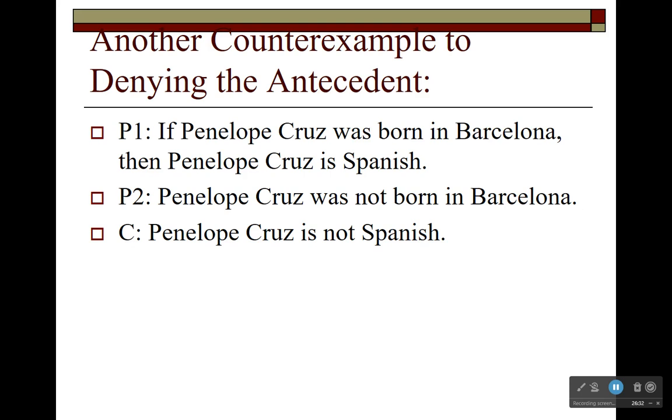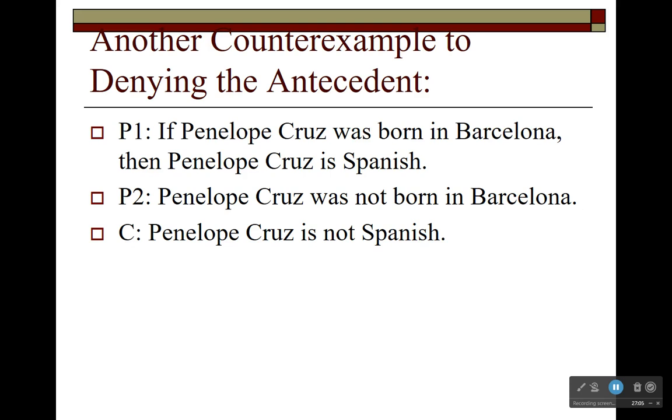Okay, let's think about these premises. Here again, the test of validity is this. If the premises were true, would the conclusion be necessarily true? Or to say the same thing a different way, does the truth of the premises guarantee the truth of the conclusion? Or to say the same thing a slightly different way, is it possible for the premises to be true but the conclusion be false?